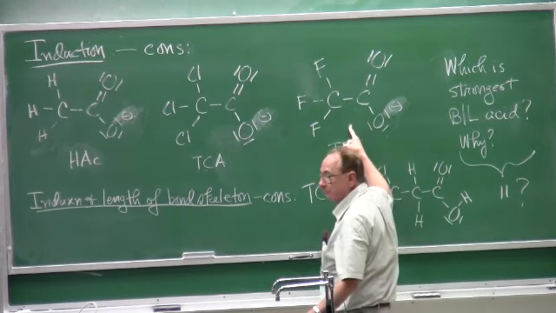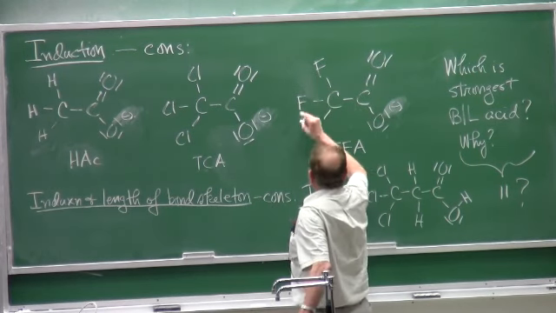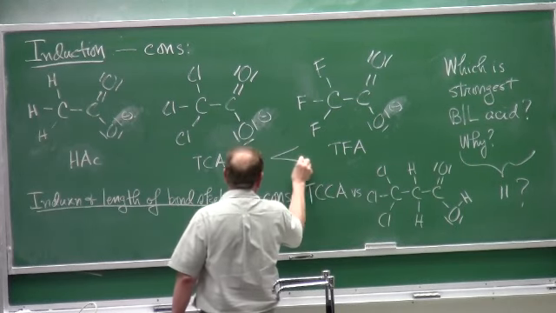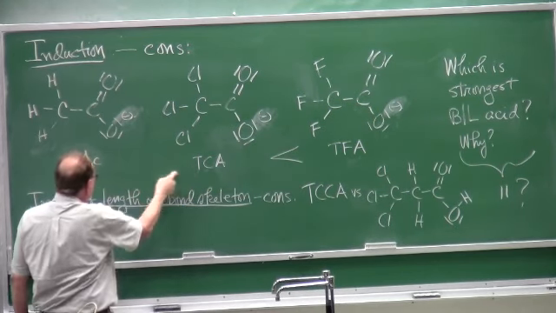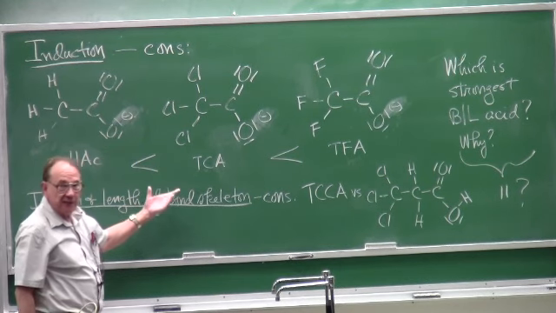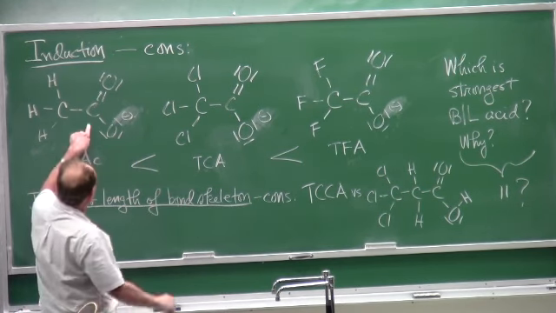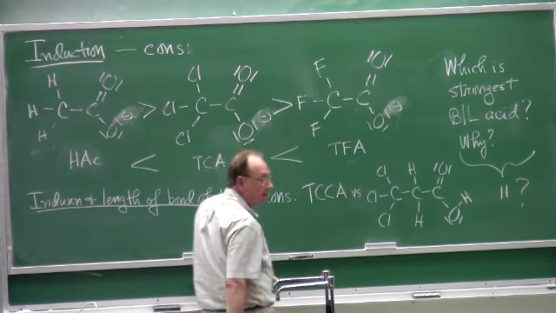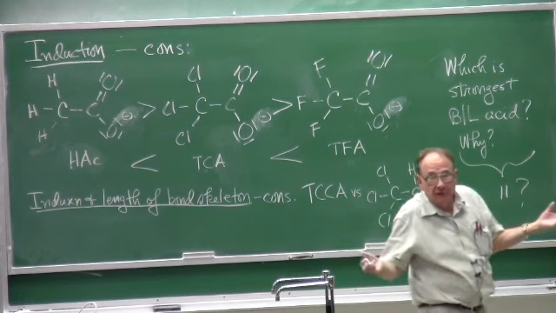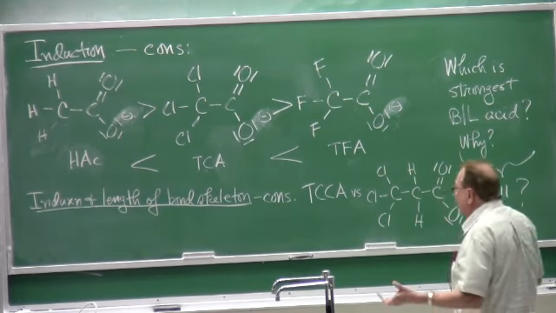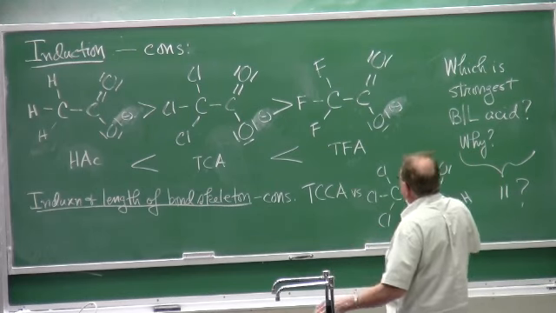This acid is a good deal stronger than this acid. Well, let's use the acids here. And this acid, trichloroacetic acid, is a good deal stronger than acetic acid. Which means, as bases go, this base is a good deal stronger than this base, which in turn is a good deal stronger than this base. Well, when we look at these Lewis pictures, we recognize there's only one difference of consequence, one difference, period,